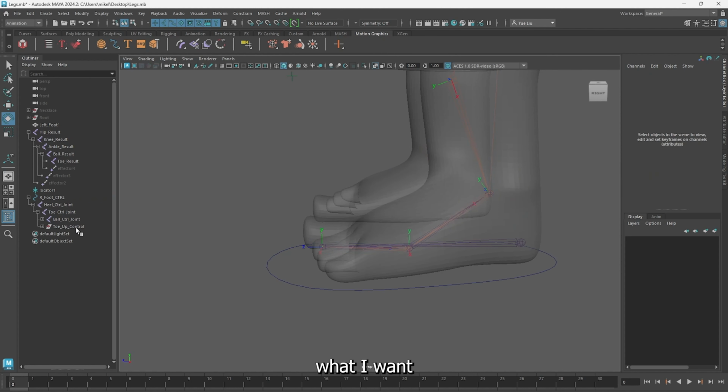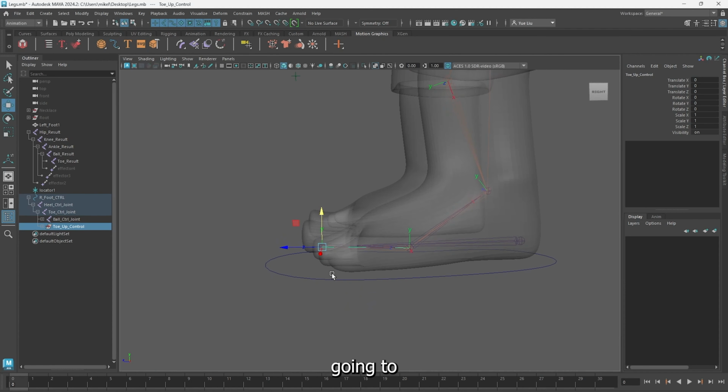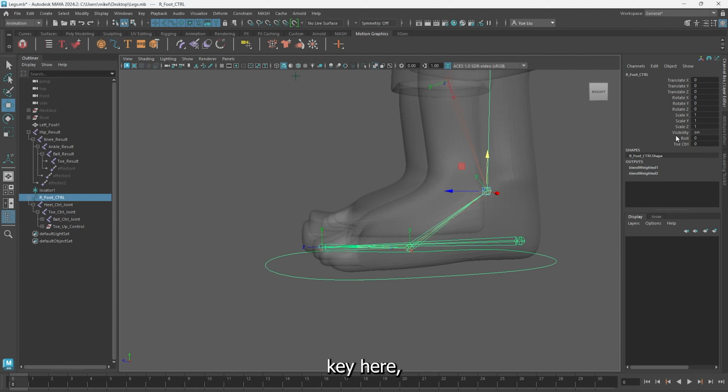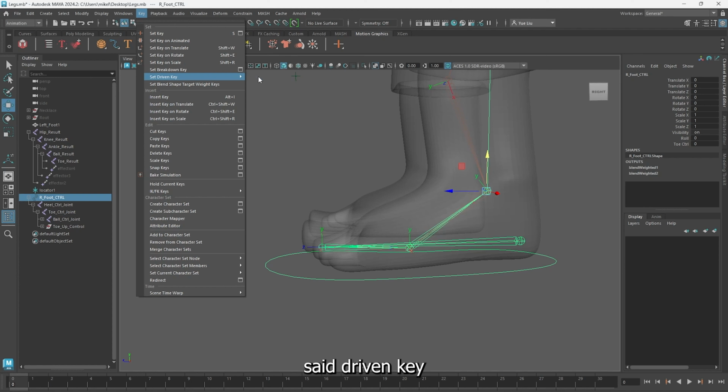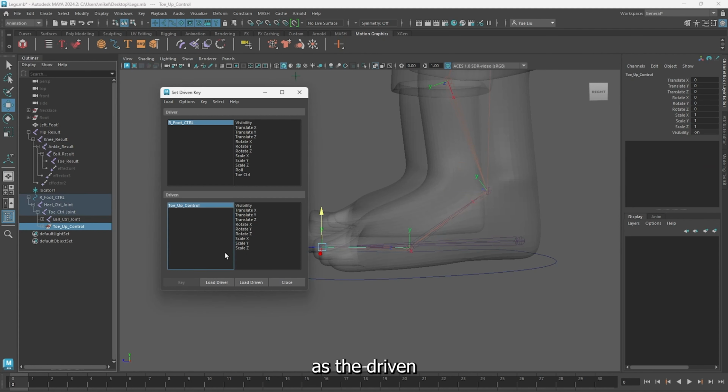So for this toe control, what I want to do is have these toes the ability to lift up by themselves independently of the entire heel. So I'm going to be able to do that with another driven key here. And I'm going to go back to key, set driven key, load the controller as the driver again, and then load this toe up control as the driven. And select my toe control and my translate Y, which is the up axis here, and click key, add 0,